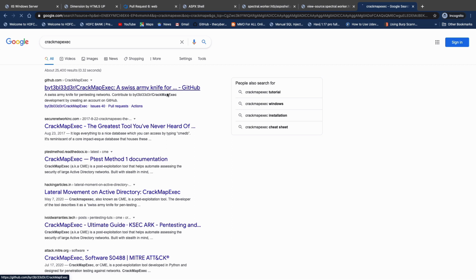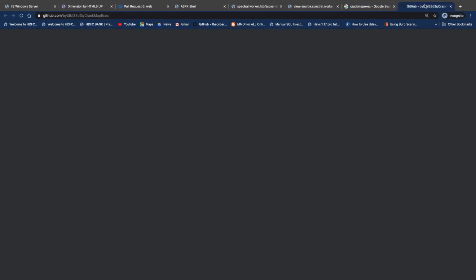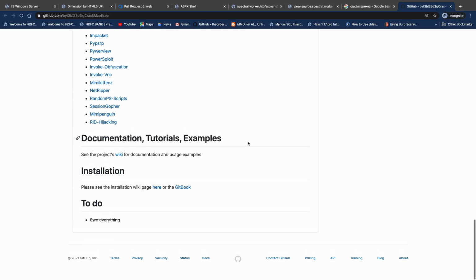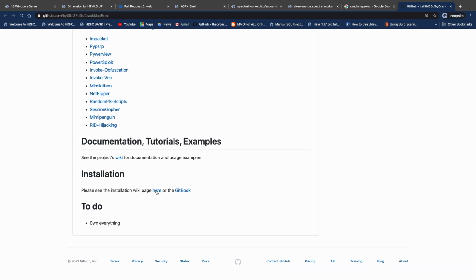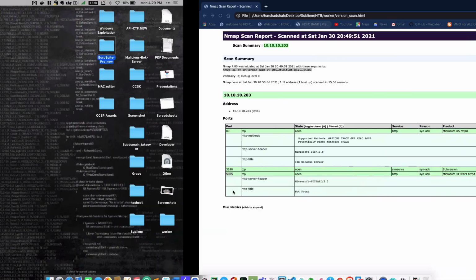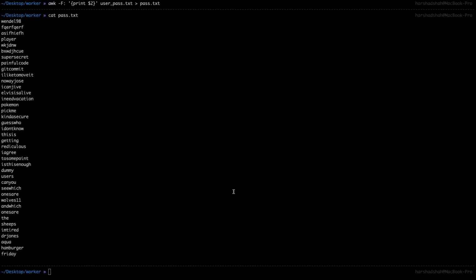You can simply read all the articles about what CrackMapExec is. Basically we're going to do brute forcing using the usernames we identified on a Windows box. There's a reason we are using this tool. If you go to the installation page, you can simply install it using these instructions. In my case this tool is installed, and let me check where it is.